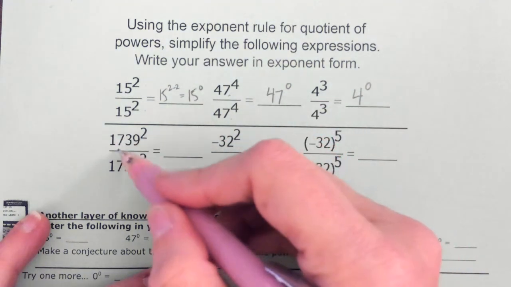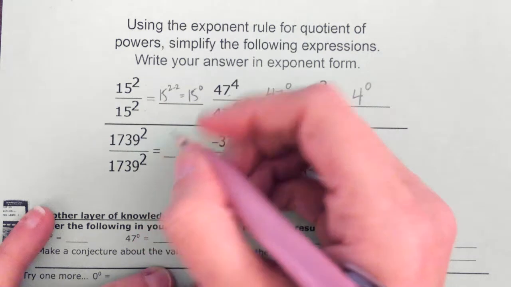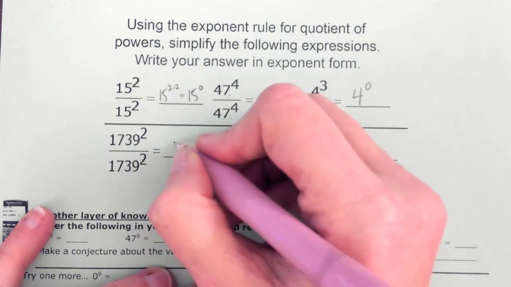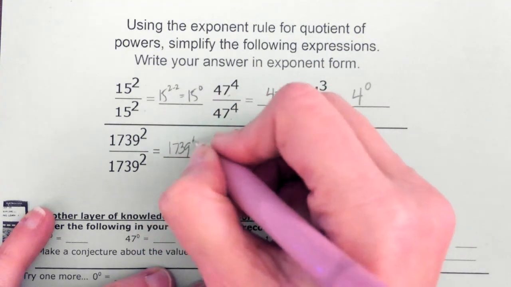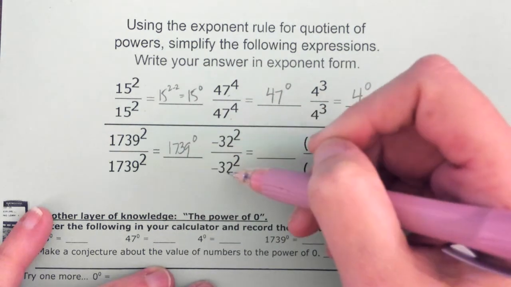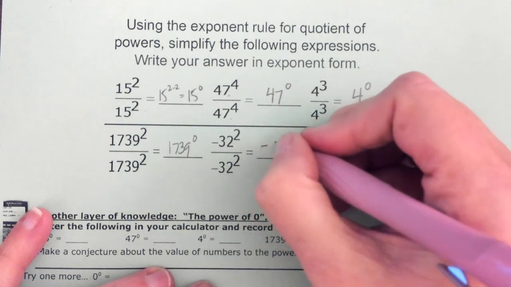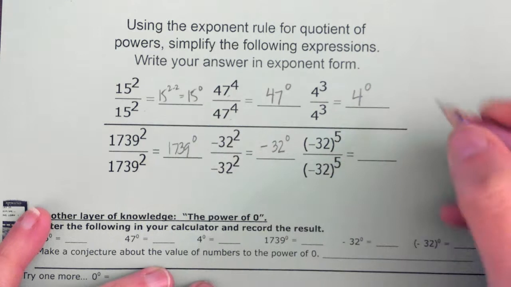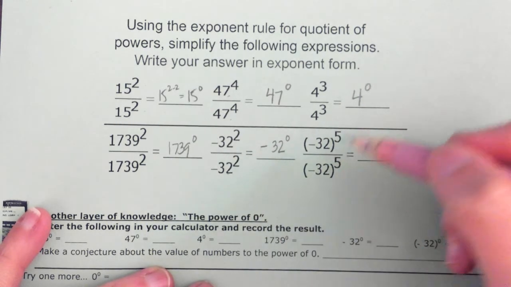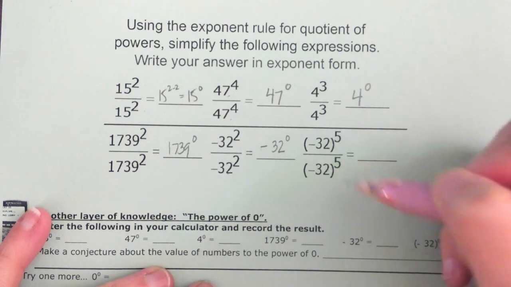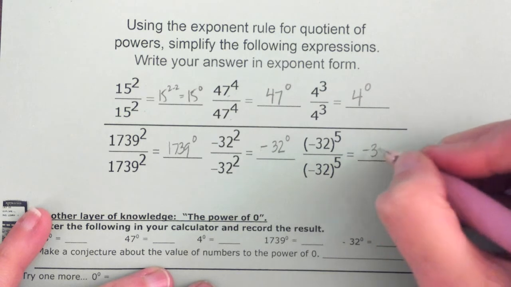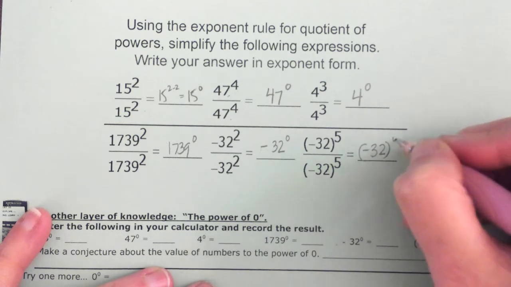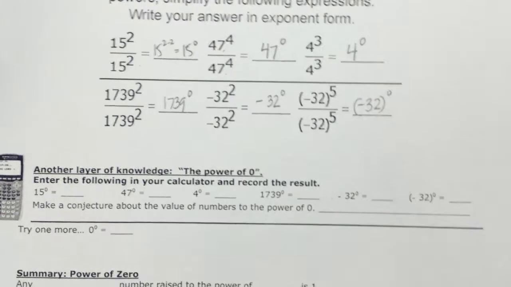1739 squared over 1739 squared is 1739 to the 0. Negative 32 squared over negative 32 squared is negative 32 to the 0. Negative 32 to the 5th over negative 32 to the 5th is negative 32 in parentheses to the 0 power. Okay? So,